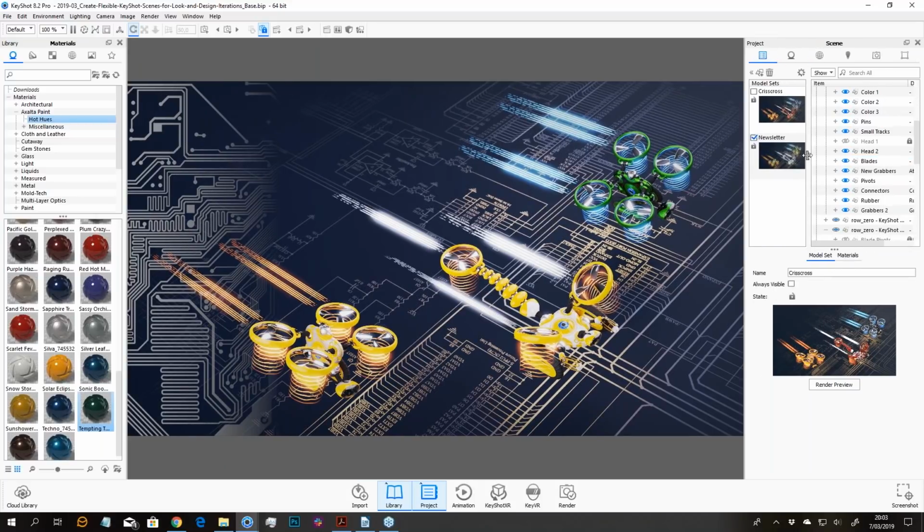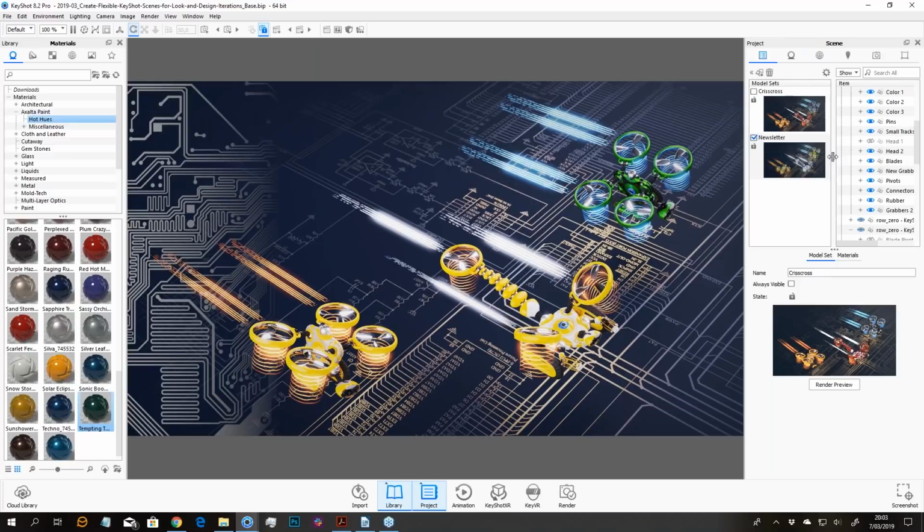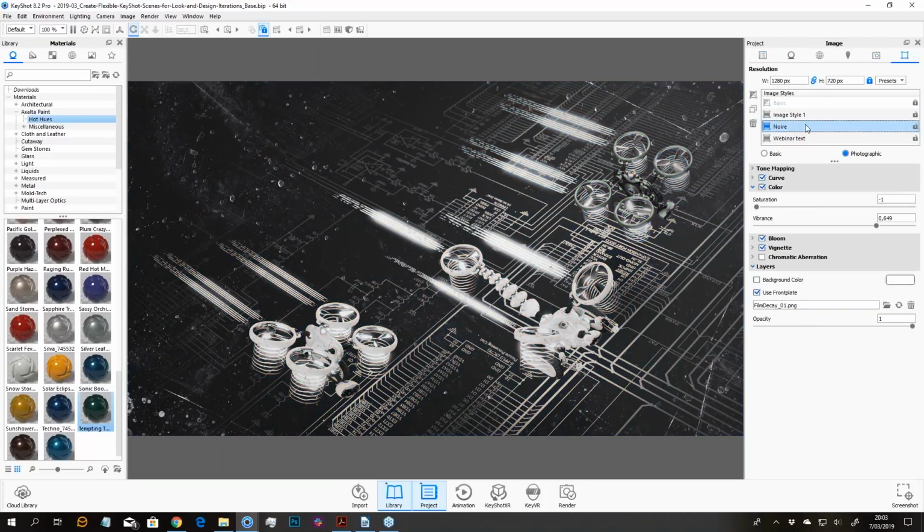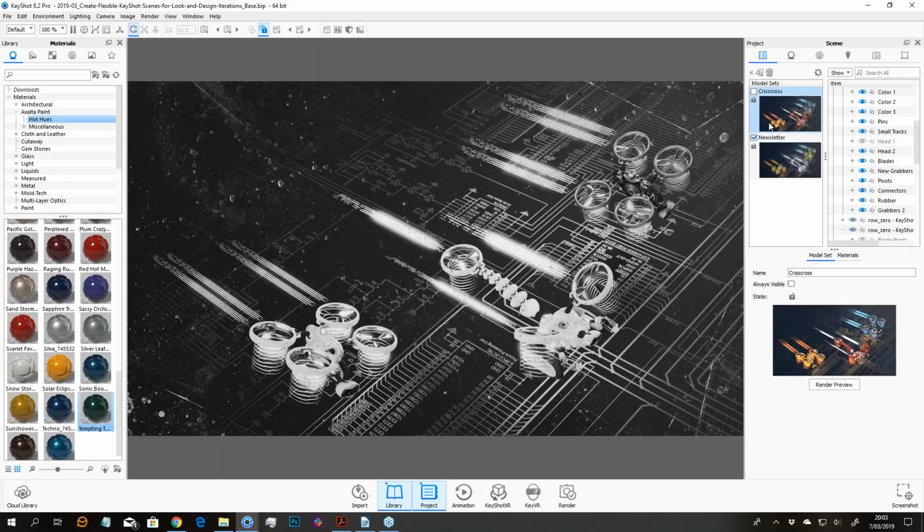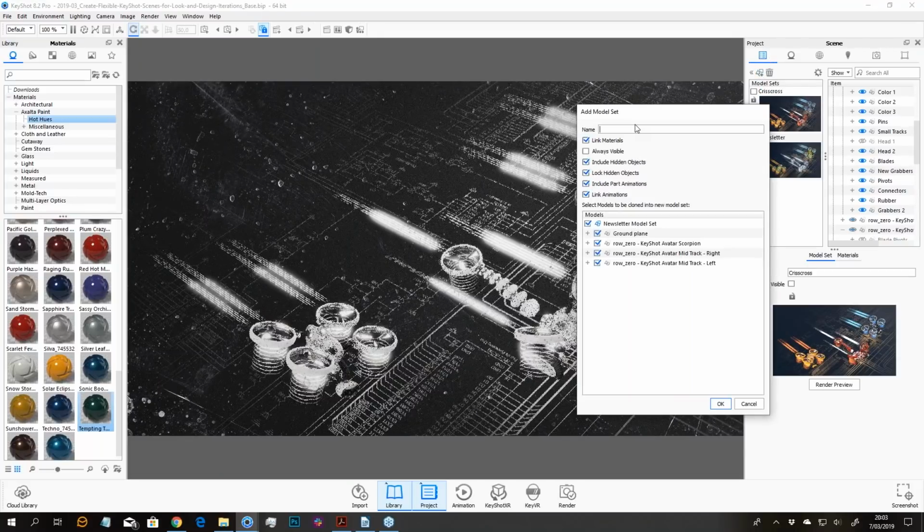So yeah, initially I worked from a scene where I deleted stuff, so the thumbnail did not reflect what I was seeing at that point. But let me change this to this noir kind of image style, so it's pretty obvious what's going on here. So if I now create with this state of the scene a new model set, just call it test, and edit,